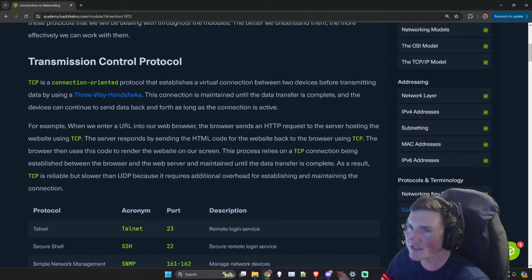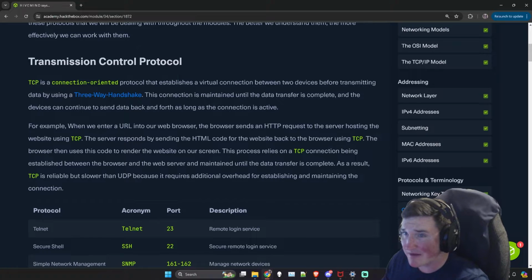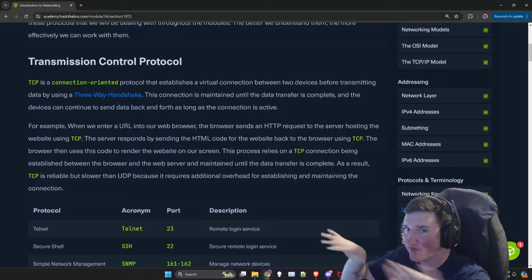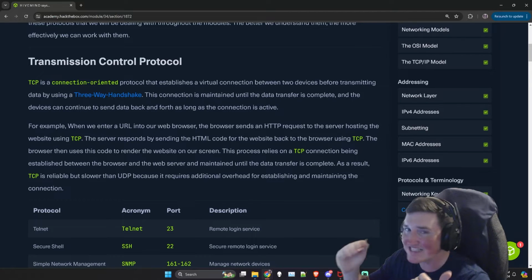So now, common protocols. Again, some of these we're going to talk about. Some of these I'm just going to skip past because they're not relevant to networking. That's one thing I've talked about 100 times that I don't love about Hack the Box. I think they have very good content, but you have to sift through the weeds to find it because they have so much wasted content.